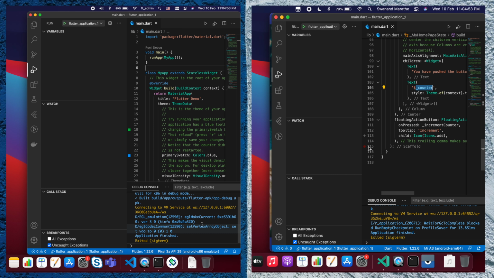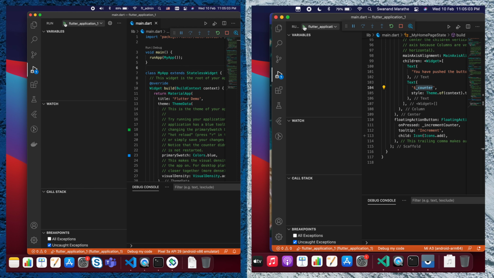Okay, so cleaning is done. Now let's run the app. On the click of 1, 2 and 3.